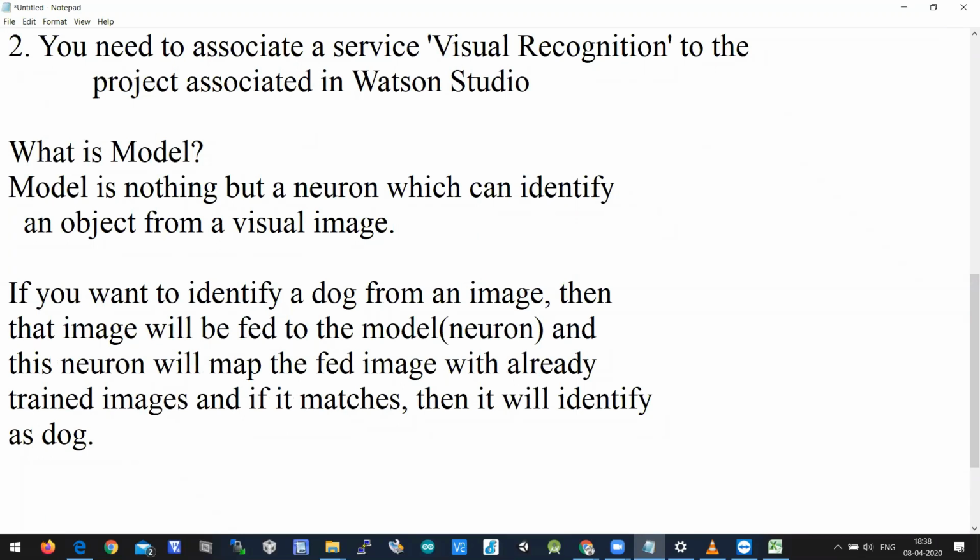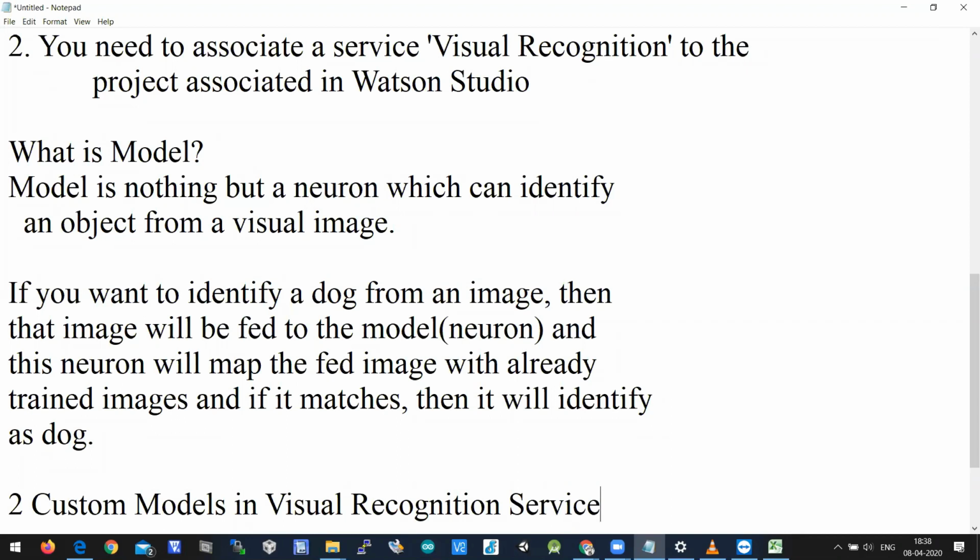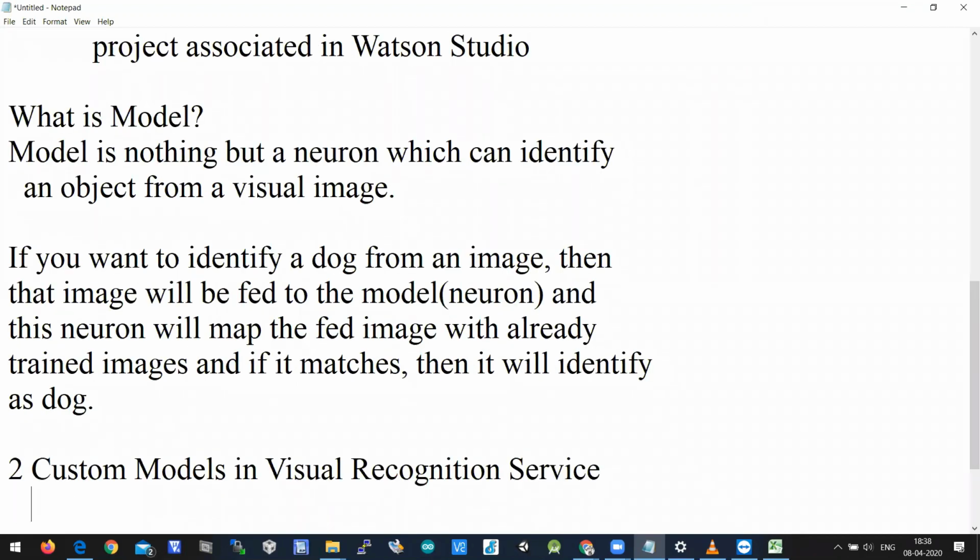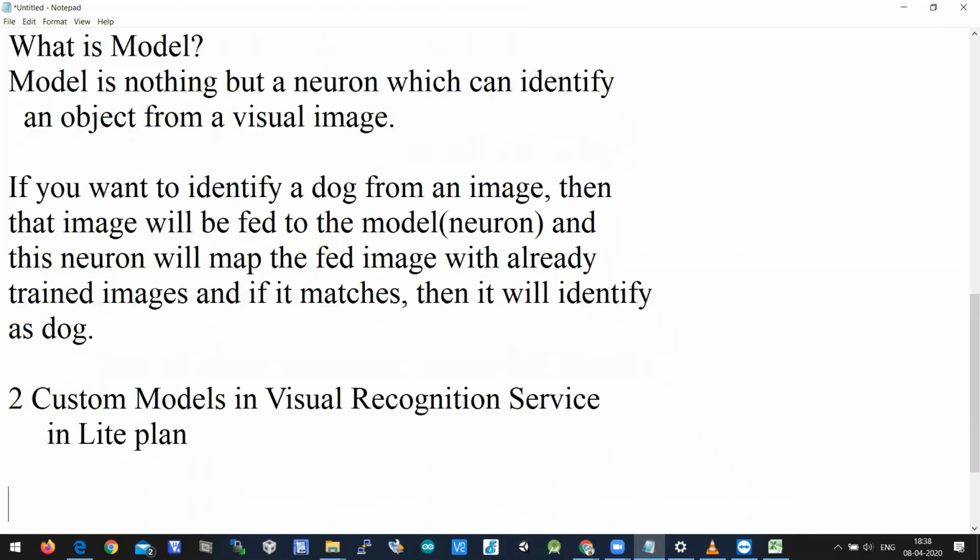So when you talk about a model, you can have two custom models in the visual recognition service, that too in the Lite plan. Two custom models in the sense, two